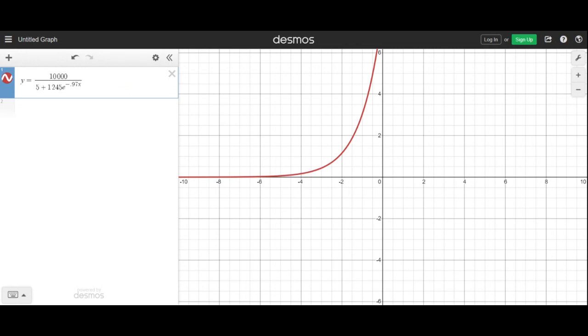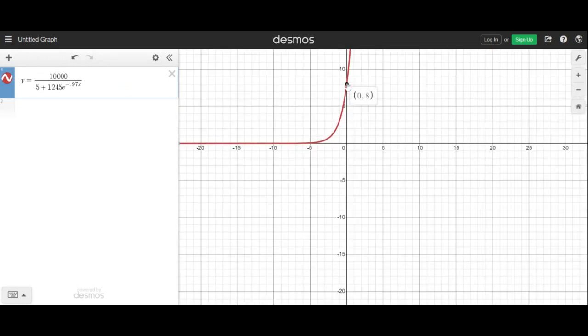All right, so we can see right off the bat, we have this exponential growth. Now, where would our y-intercept be for this one? It's going to be at 8, right? Because that was our initial population of people that were infected. So I know for sure if I were to zoom out a little bit, my y-intercept, I'm going to start at 8 here. And that's really where we want to start the situation in general. We don't care about negative time, because it doesn't really exist in this case. It's really about at time t equals 0, when we start measuring this thing, how many people are infected,